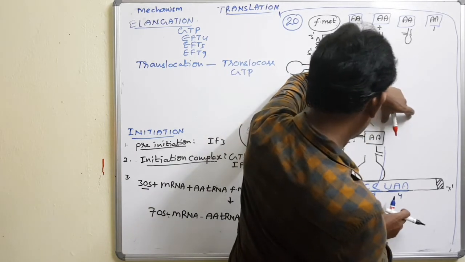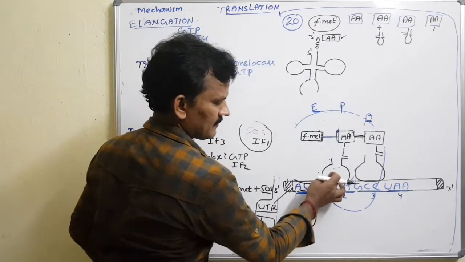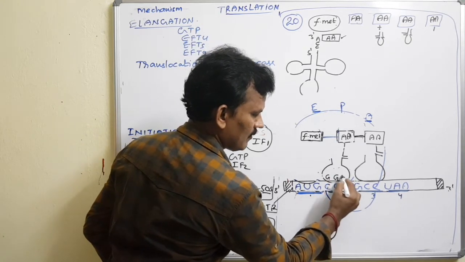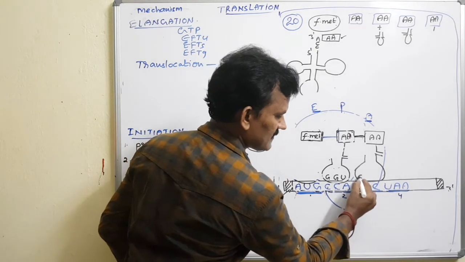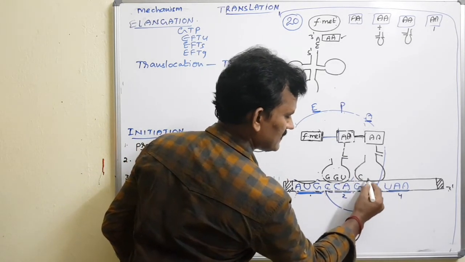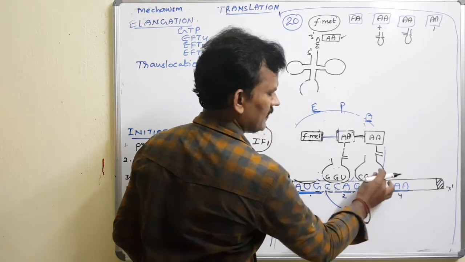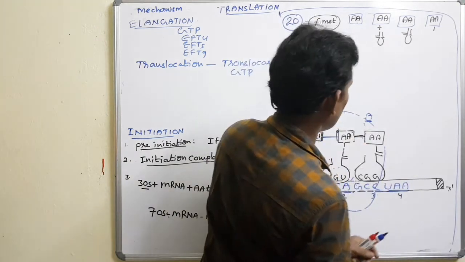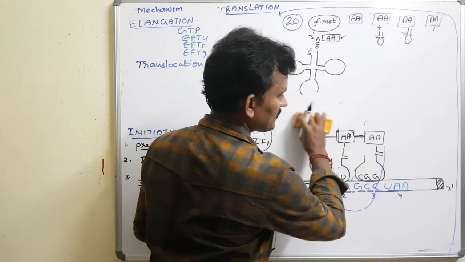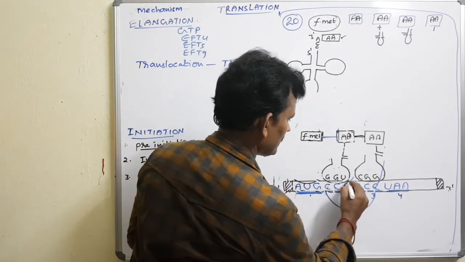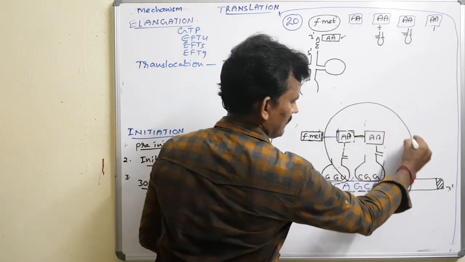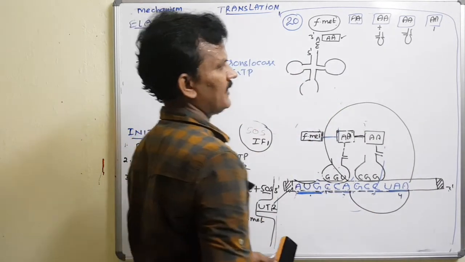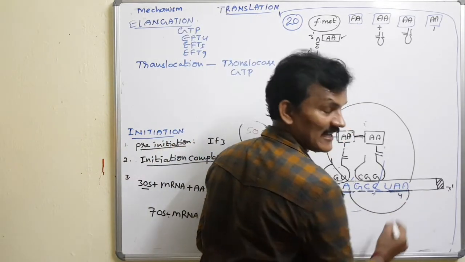When they move over the mRNA, I did not explain the codon-anticodon representation. C is complementary with G, C is complementary with G, A is complementary to U. Here G is complementary with C, C with G, C with G. Again the ribosomal units move over the mRNA, and one more step. What about this mRNA? This is a UAA.